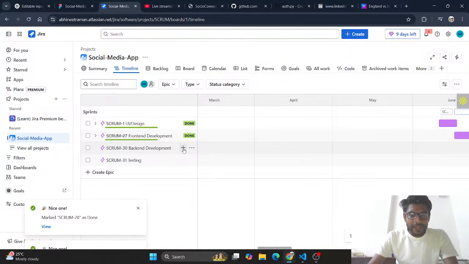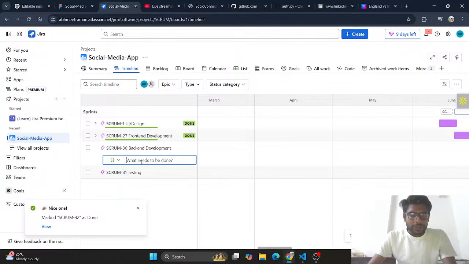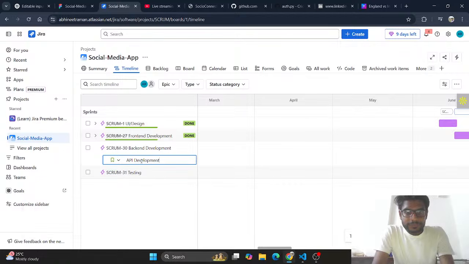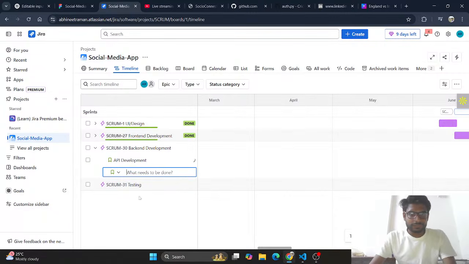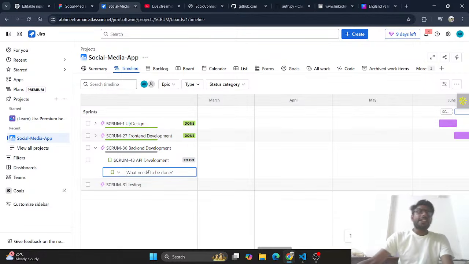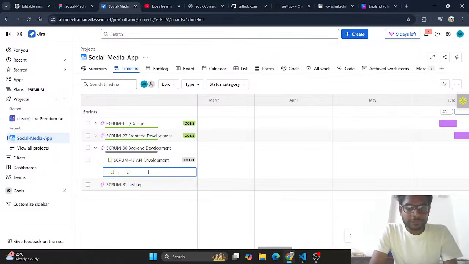And what do we see? In the backend development, we have to do API development. So our major focus will be API development. There are more things we will do at a later stage. And in the API, what different APIs do we require? We require APIs for user,